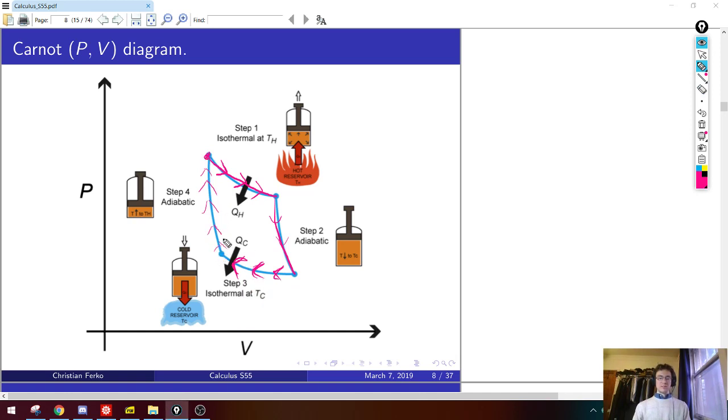So the point I'm trying to make is that the beauty of the geometrical interpretation, the area interpretation here, is that now I can see that this thing is going to buy me net positive work, simply because the area of this region is positive. These top two legs give me positive work because I'm going from left to right. The bottom two give me some negative work because I'm going from right to left. But we can see that overall the top curves are above the bottom negative curves, so we get some work out. So that's the intuition.